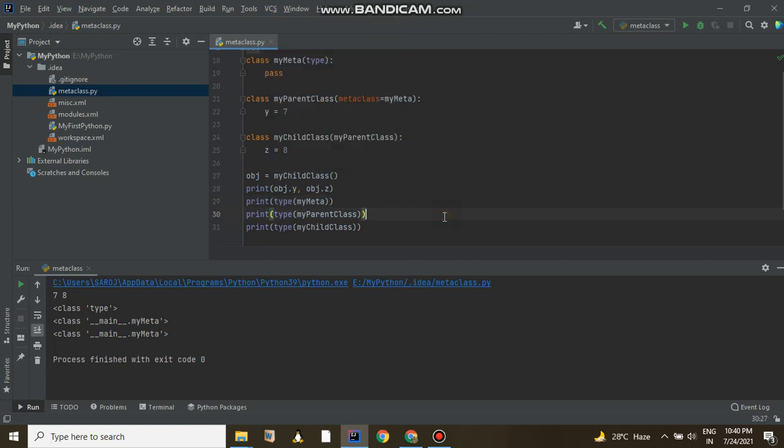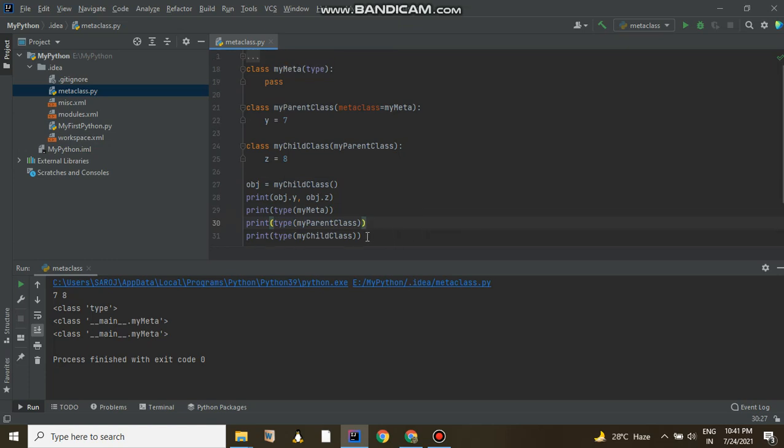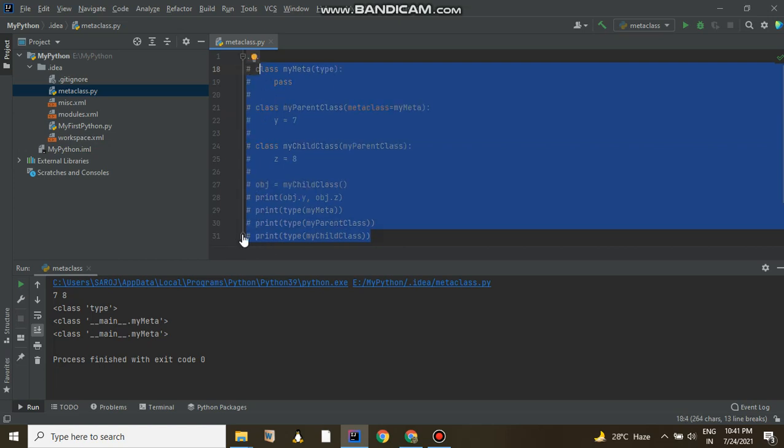Okay, in this session we are going to learn how to create a custom meta class by using the __new__ method and __init__ method, right? That means double underscore init and another one is double underscore new double underscore. These are the two methods which are basically used to create a customized meta class, right? Okay, before that let me comment out all those things, right? Then minimize all those things.